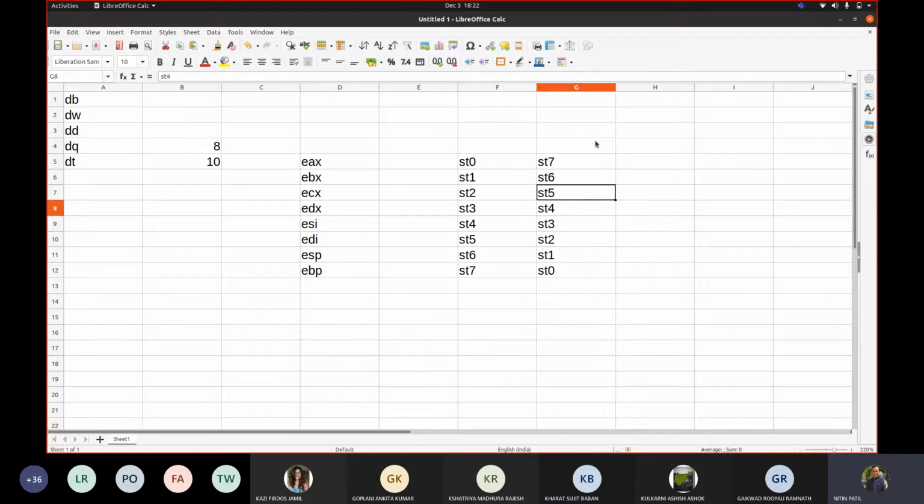Whenever you assign a first value, it always goes to ST0. Suppose you said 10.0. If you insert another value, the 10 gets copied down and the new value comes in. If you insert one more value, 10 and 20 move down, and you get 30 at the top. Let me show you that.